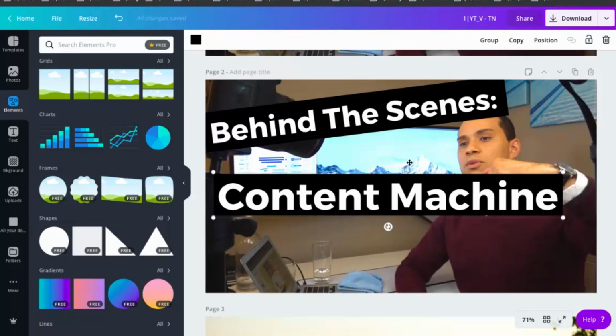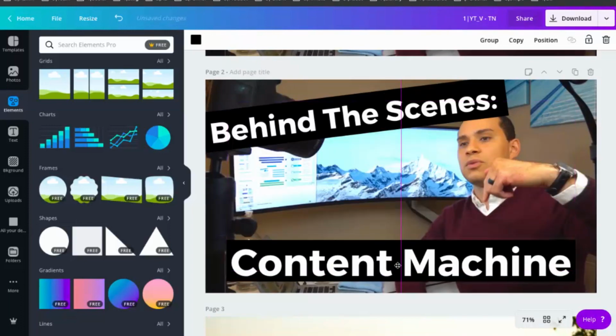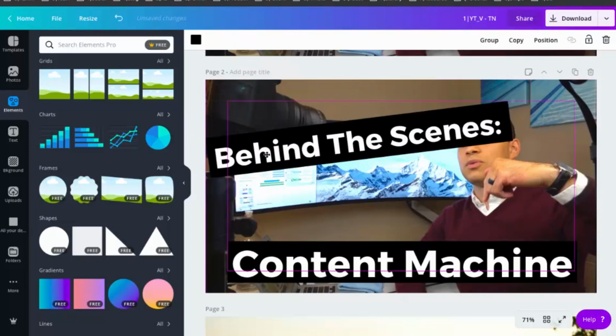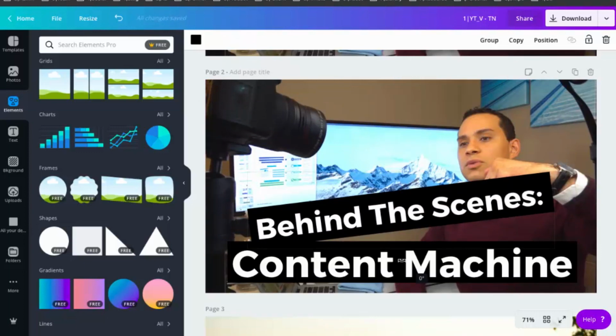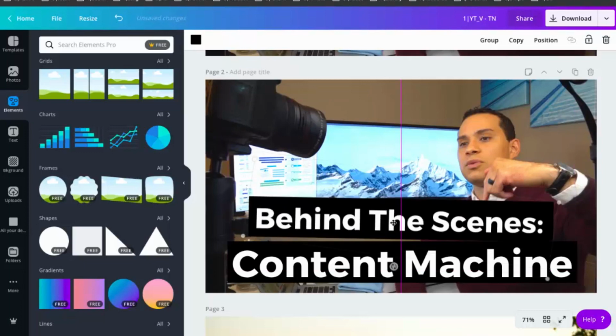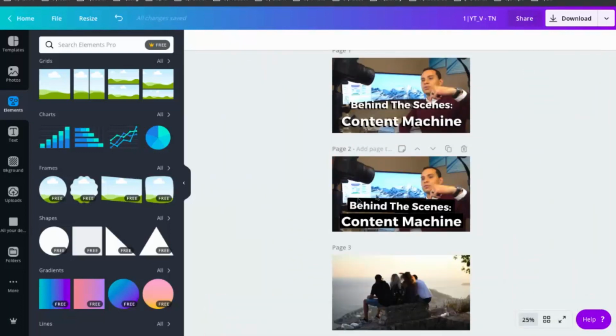Now, obviously, it's very easy to read the headline, but it doesn't work too well with the placement of the actual image in the background. So we'll just be plain again and bring the headlines down here so it's easier to read in the context of what the thumbnail image is. So we can bring it down here, bring it centered, and then go ahead and click and drag. And that way we have a little bit of an overlap, but it's very easy to read. And of course, if we zoom down to see what it would look like on mobile, you can see behind the scenes Content Machine. That's significantly easier to read than this one, of course.